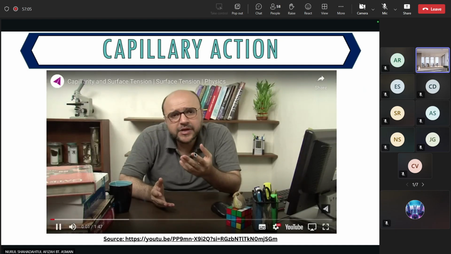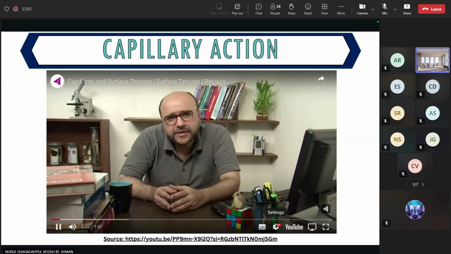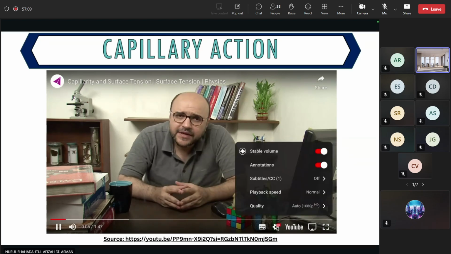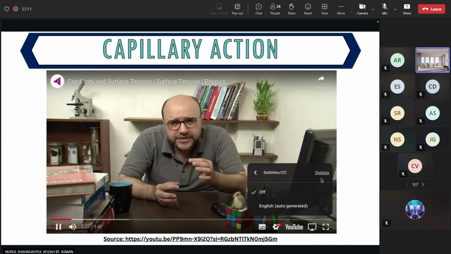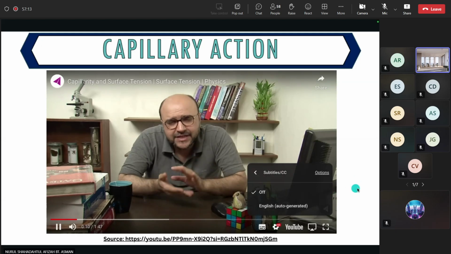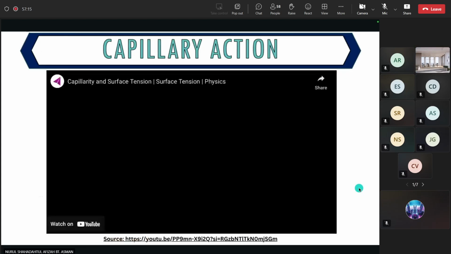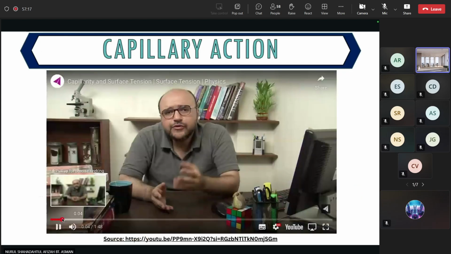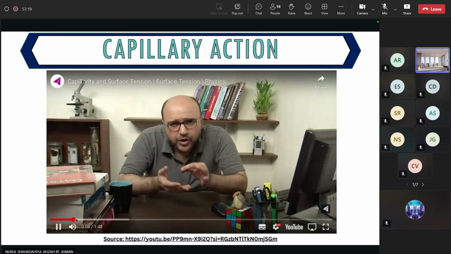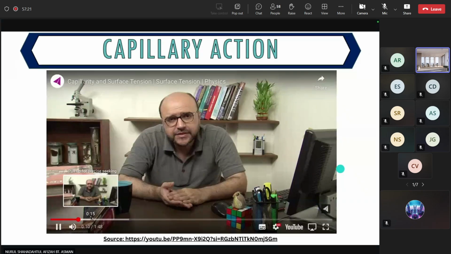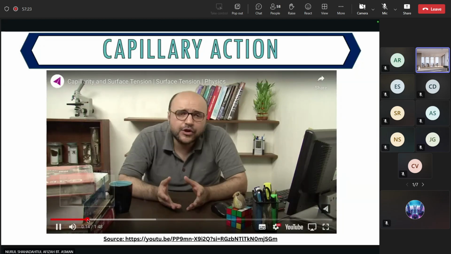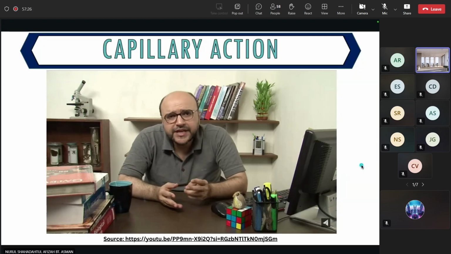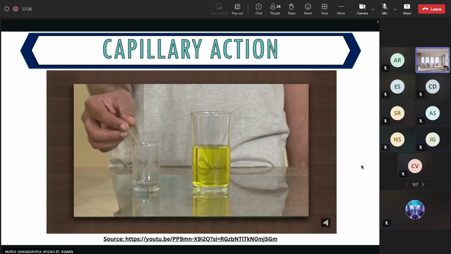Have you seen a paper towel soaking up water which was spilled? Do you know how this happens? The paper towel has narrow pores which absorb water by capillary action. To understand capillary action, for this we need two capillary tubes of different diameters and